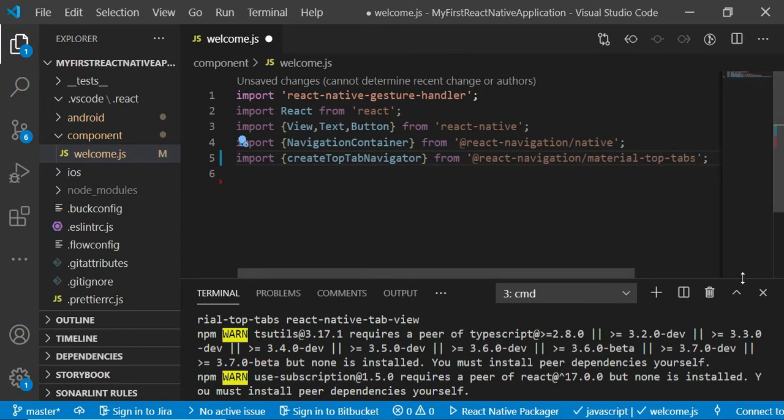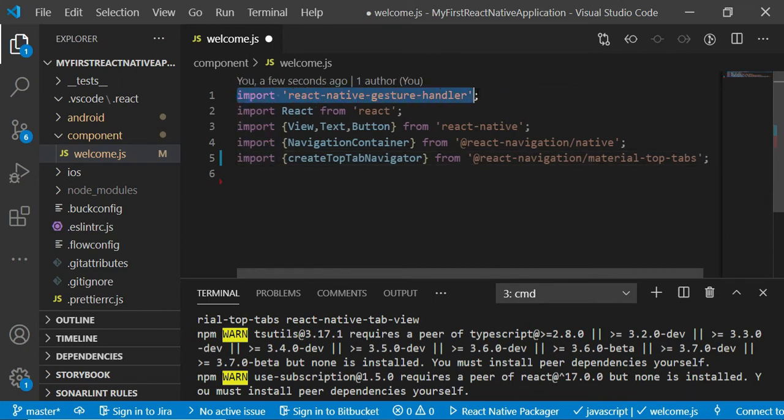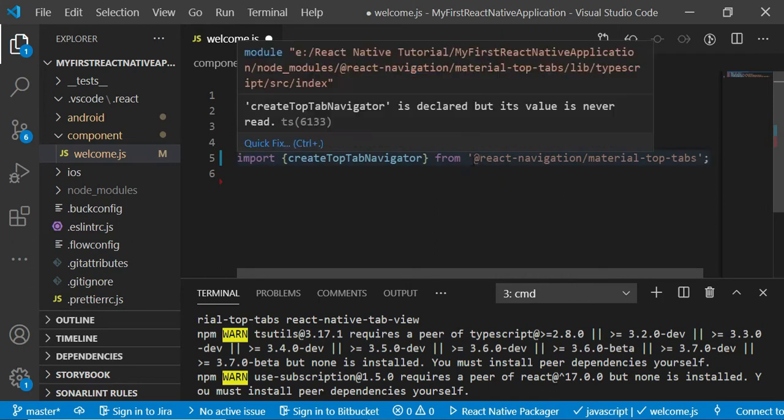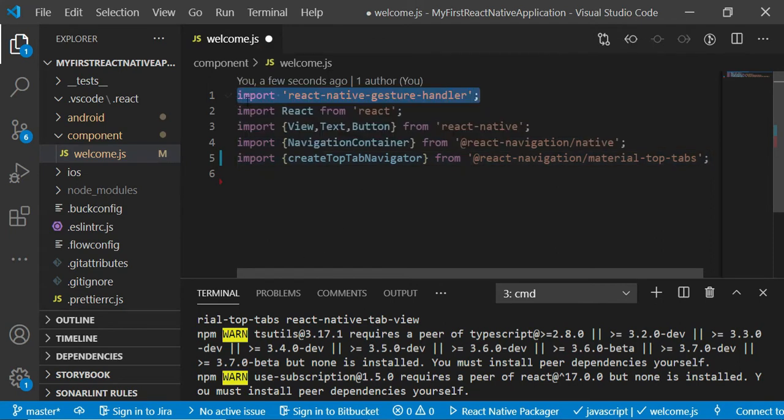One more thing you have to remember is, this particular statement must be present at the top. You cannot write it somewhere else. If you mention it somewhere else, then during debugging or the building process you may not get any error, but during production your application may crash. So you have to remember this point. This import you have to write at the top only.